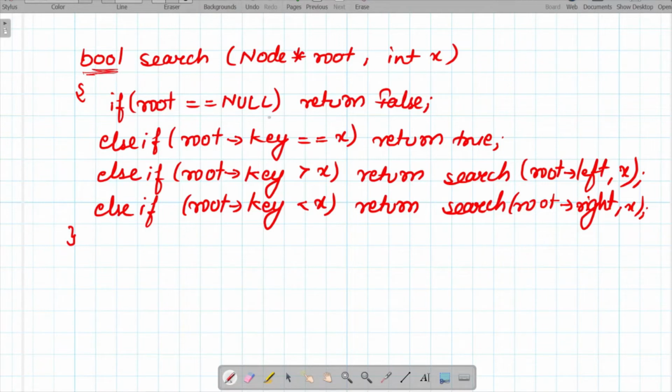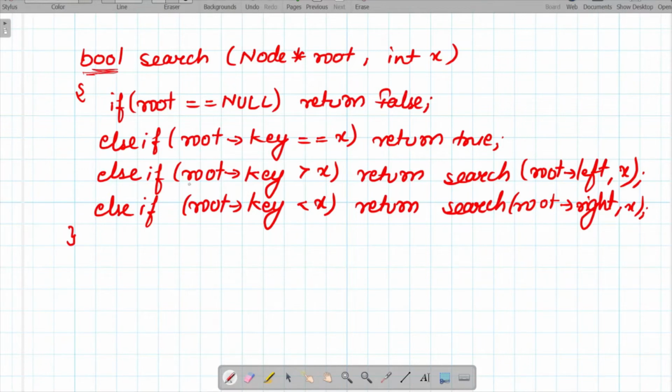So if root equals null at any point of time, we will simply return false, which means that we have not found the search key in our given binary search tree. Else, we have written if our root key equals x, which is our search value, then in that case we will simply return true. This is the second condition that we have seen.